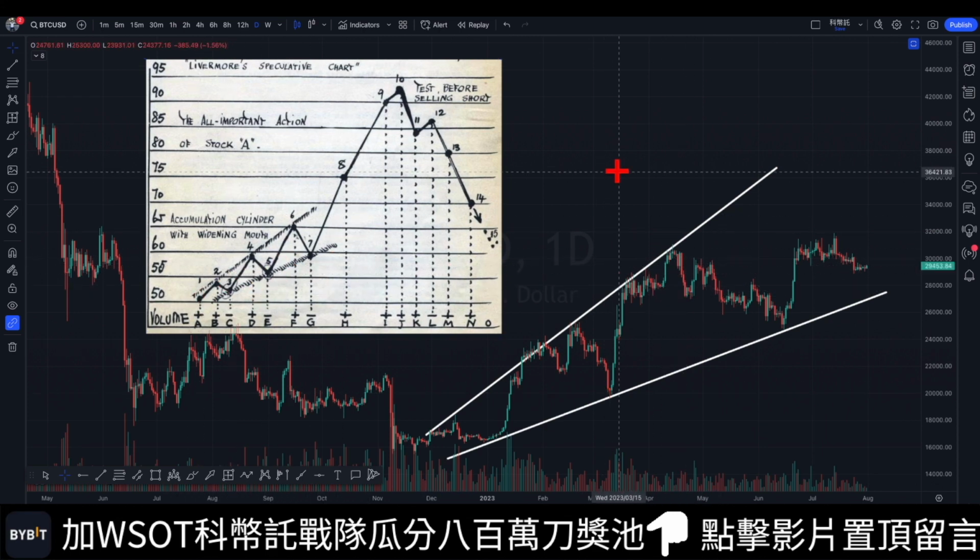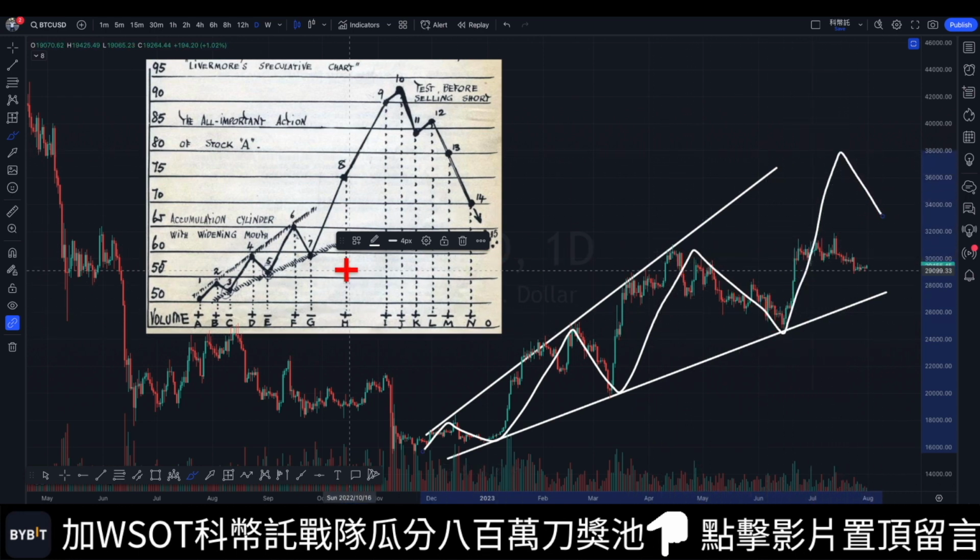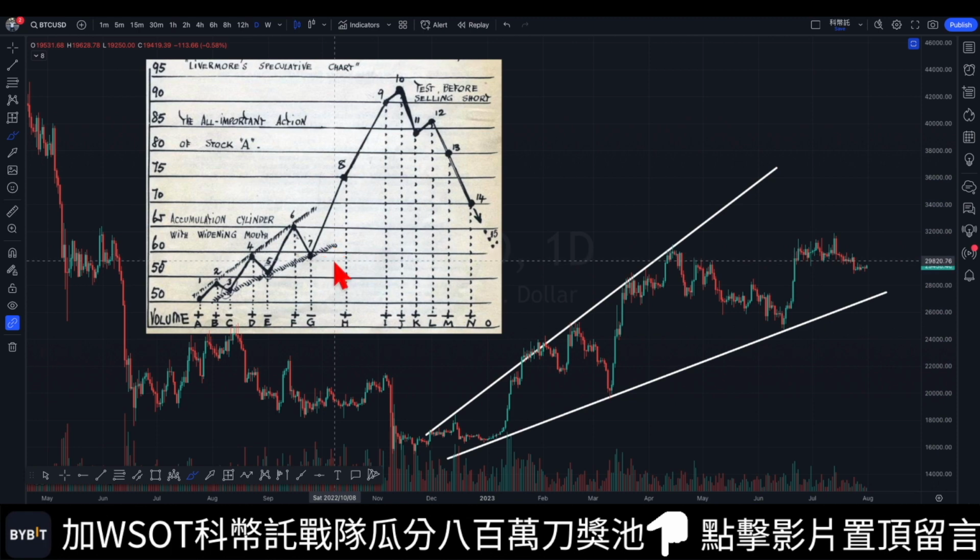Moving forward, we need to verify if the so-called important action mentioned by the author indeed matches the actual price and volume movements. Of course, in technical analysis, it's crucial to analyze both price and volume. Examining only the expanding accumulation cylinder in terms of price is not the right way to do it, because we haven't taken volume into account. To get a comprehensive analysis, we need to consider both. If we look solely at the price aspect, the pattern does resemble what the chart depicts. Let's go point by point to compare. The volume, he says, is the change of volume.